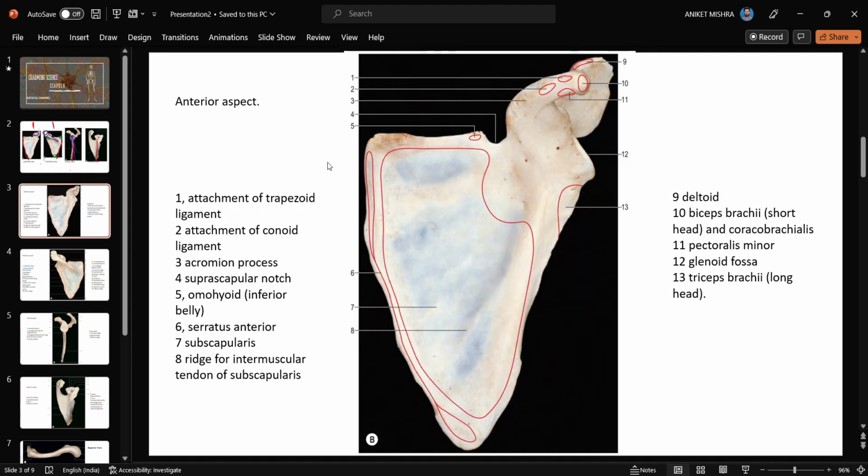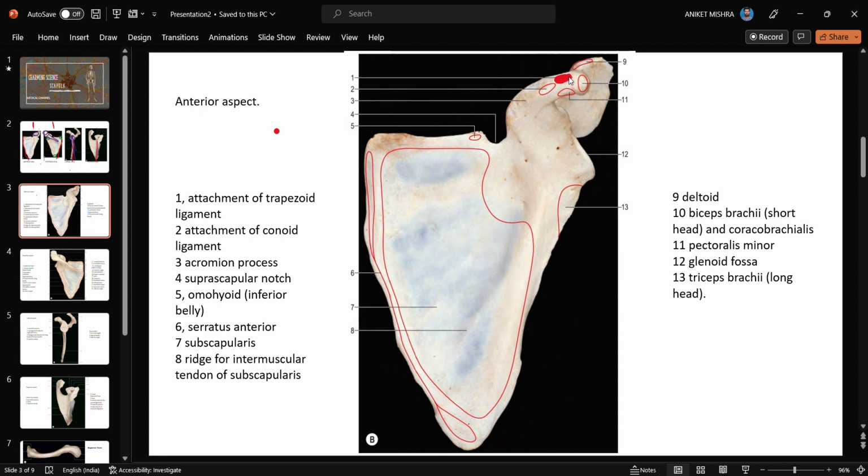If we are going to see the anterior aspects or the costal surface of the scapula, then first of all I have to draw it. The origin one I will mark in red, and the insertion one I will mark with the blue. So first point, this is the insertion,